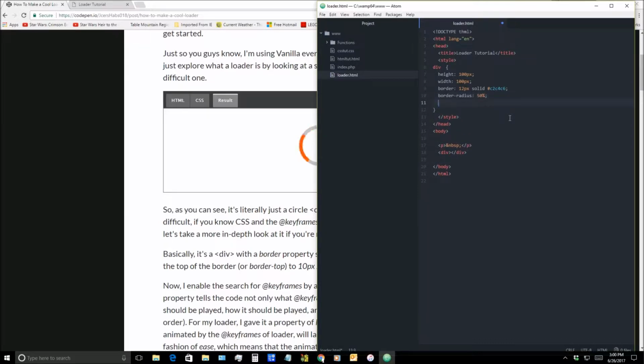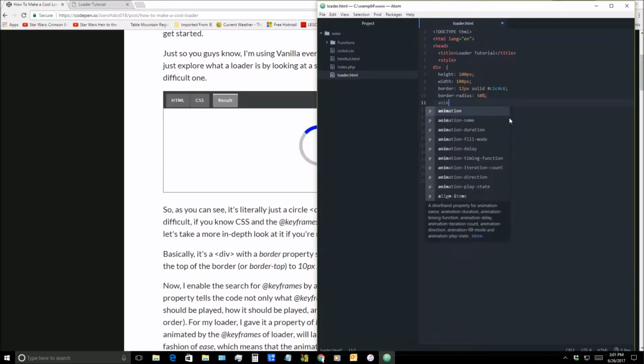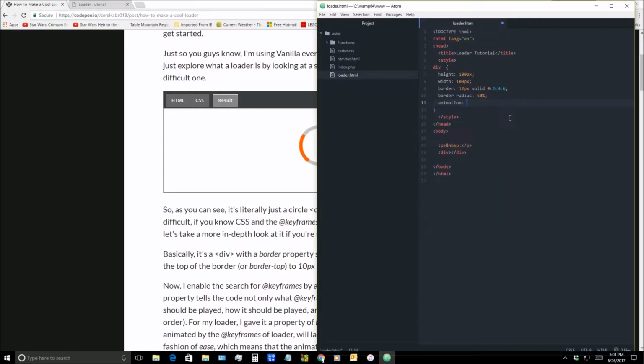Nope, we still have a few other things. So now this is where it gets crazy a bit. So we go animation. Oh, and you're like, whoa, whoa. We're starting animating now, and believe me, it is not actually that difficult. Let's just start this. So let's go animation. We'll name it loader